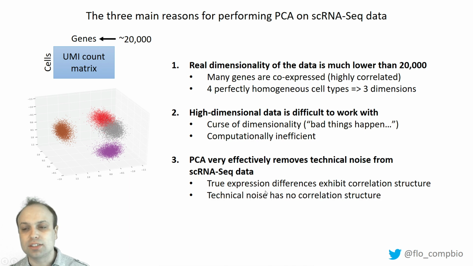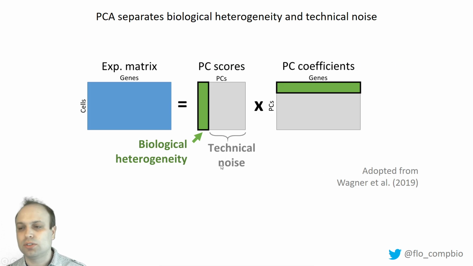Whereas the technical noise, there's a lot of technical noise in single-cell RNA-seq data, but it doesn't have any correlation structure, so it's not correlated among genes. So the PCA can't really catch that, and that's a good thing, because then that means that the PCA is going to separate true expression differences and technical noise. So this is a figure from one of my papers, and just to show this point a little bit more,